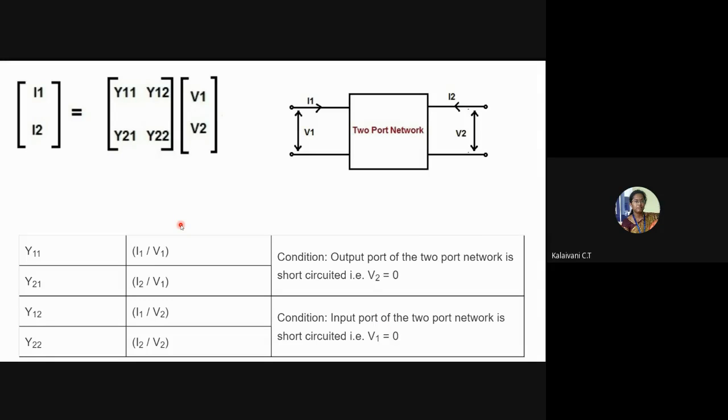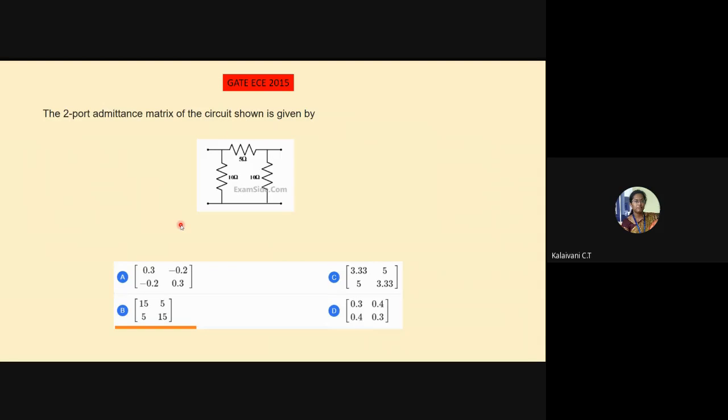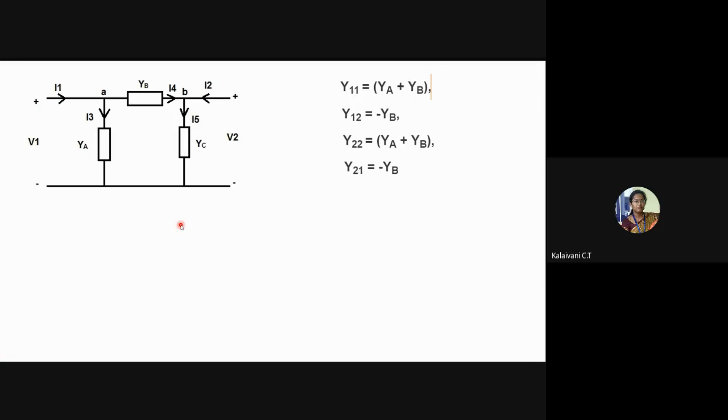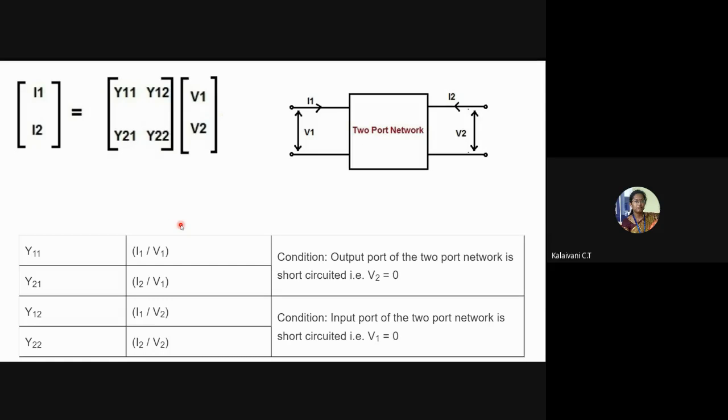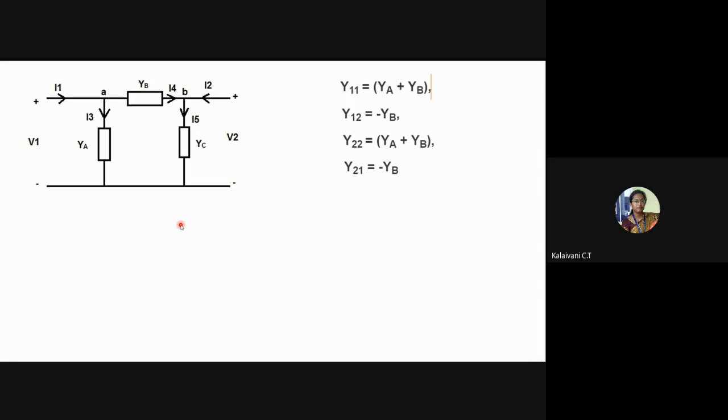Our circuit is a pi network. For a pi network, we have a simplified formula to find Y11, Y12, Y22 and Y21. If we go by the previous method, you can also find the answer, but it is a little lengthy process. So we'll go for the shortcut formula, which is derived from the previous one. If you know this formula, we can find the answer very easily. YA is 10, YB is 5 and YC is 10. So now your answer will be